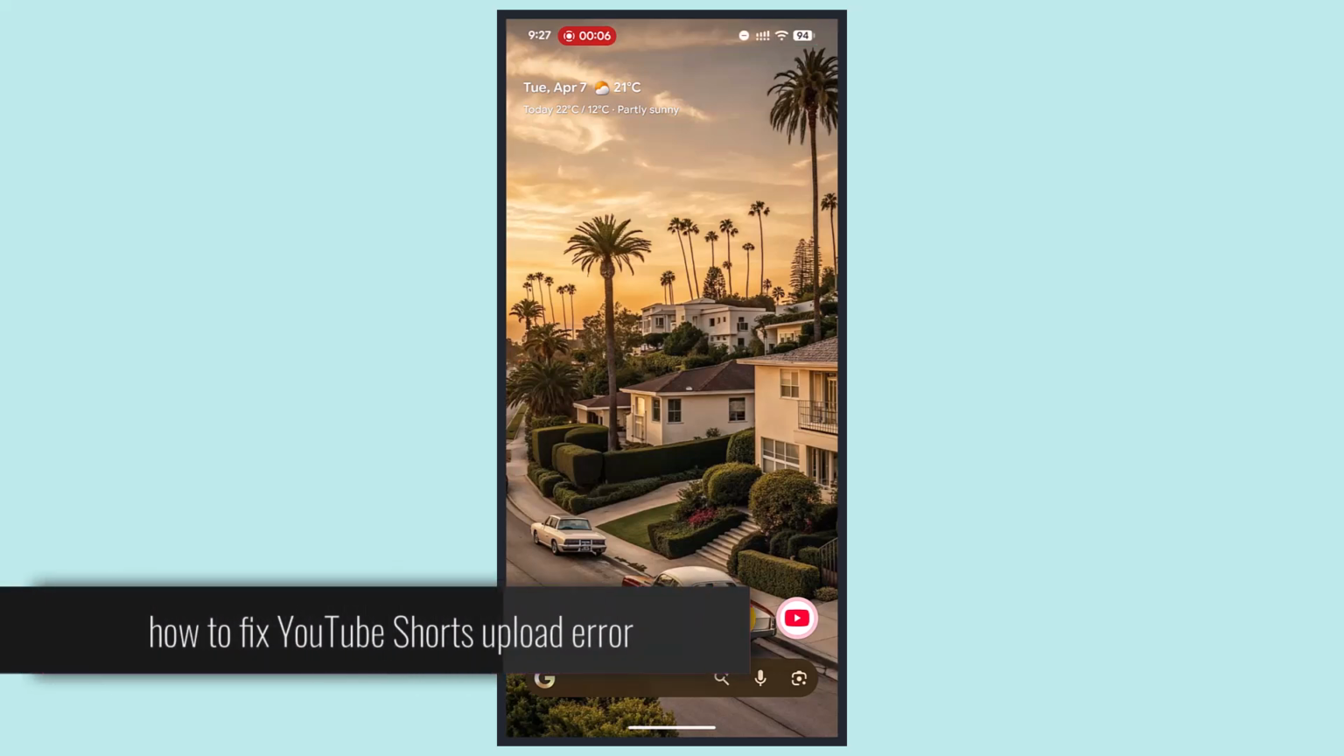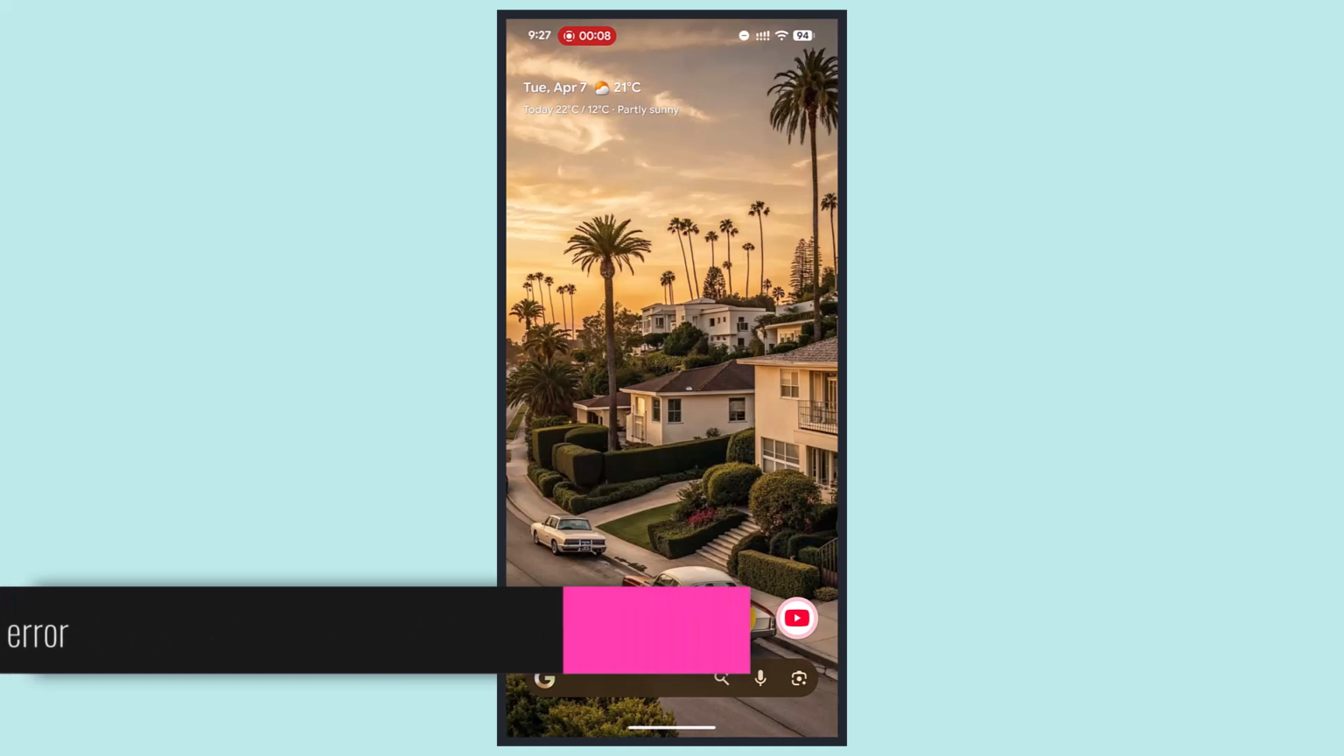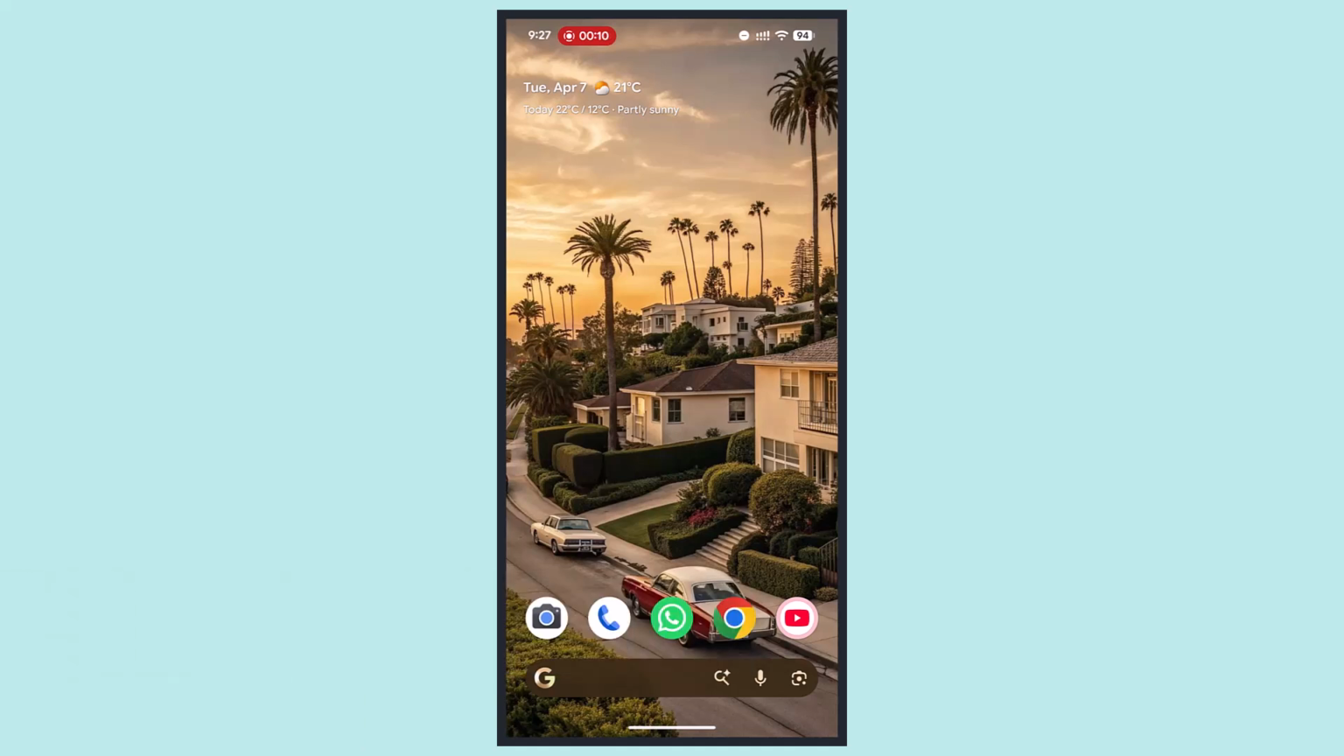In this video, I'm going to show you the procedure to fix YouTube Shorts upload error. In order to fix YouTube Shorts upload error, first of all, ensure your video is under 60 seconds and has a 9 by 16 vertical aspect ratio. If these requirements are met but it still fails, the most common fixes involve changing your upload method or file